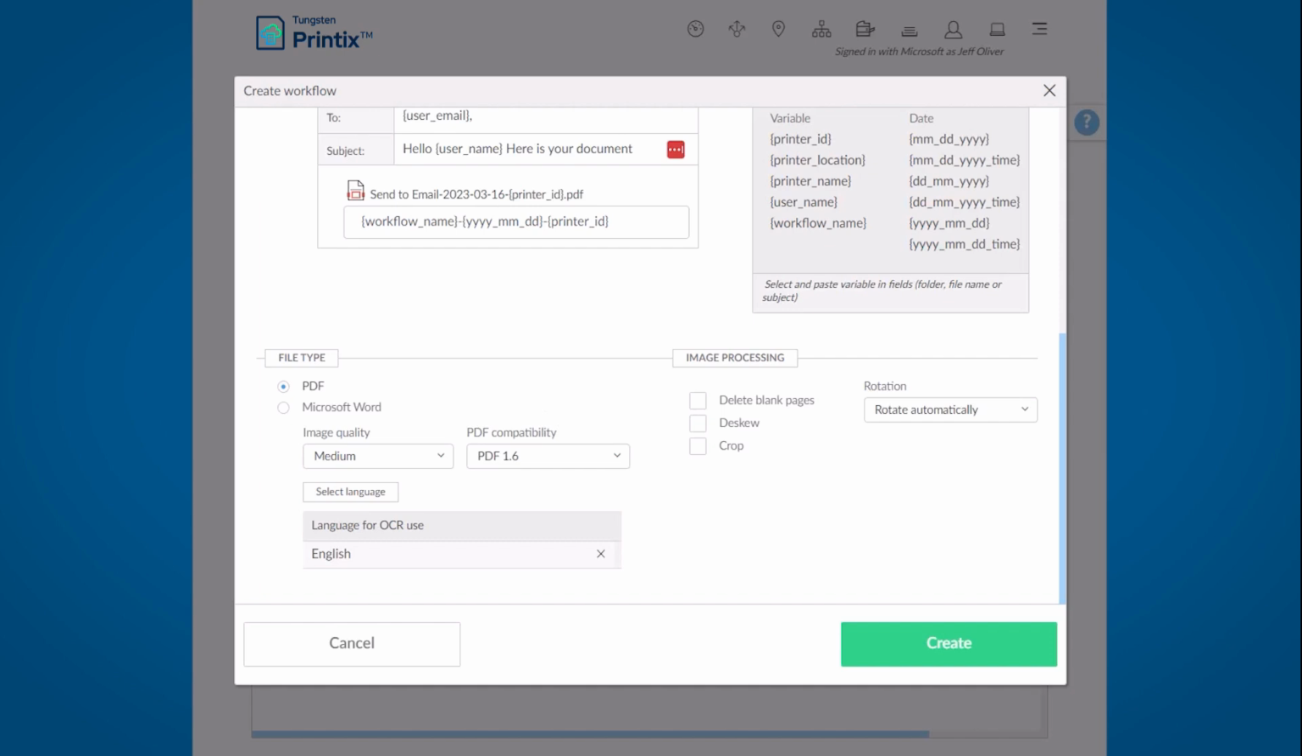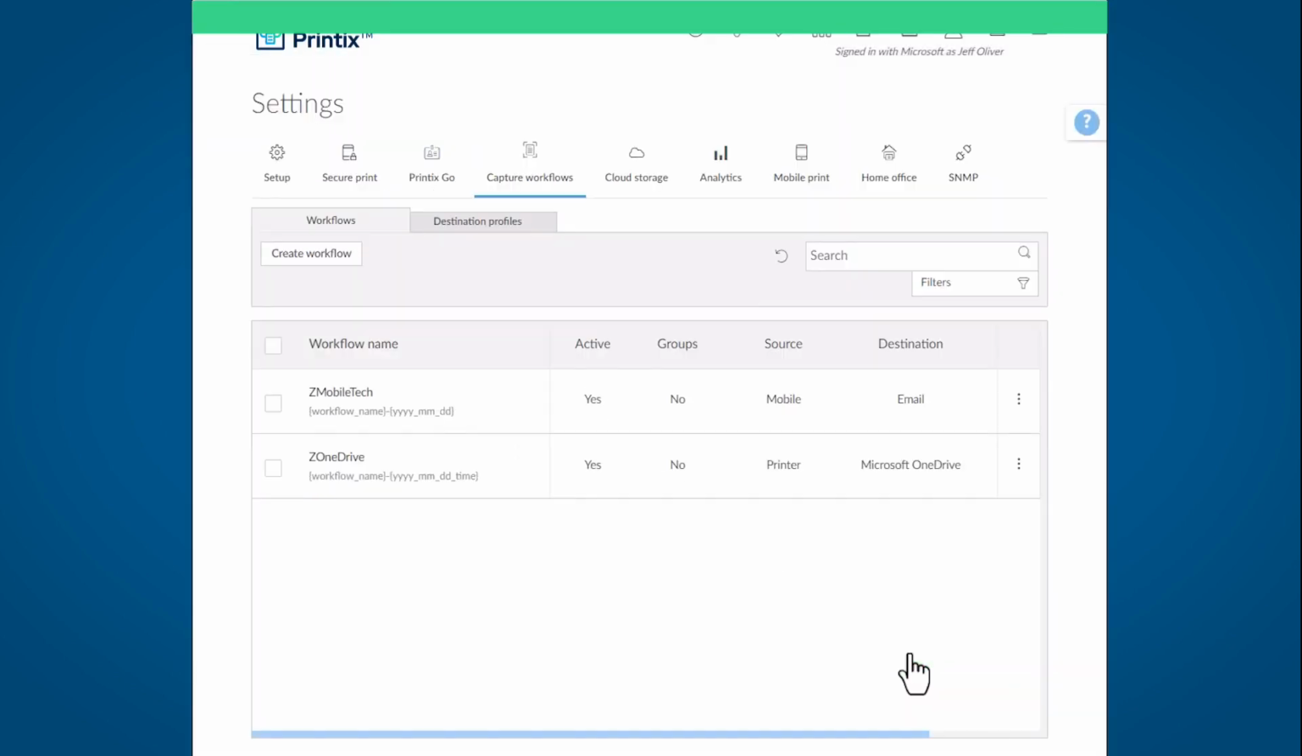Image processing will enhance the images and improve the OCR process. Select these based on the types of documents and scanning methods. For example, a double-sided scanner can produce a lot of blank pages, so I will select Delete Blank Pages. Let's select Deskew also. Now the workflow is fully configured, so I can select Create, and our new workflow appears